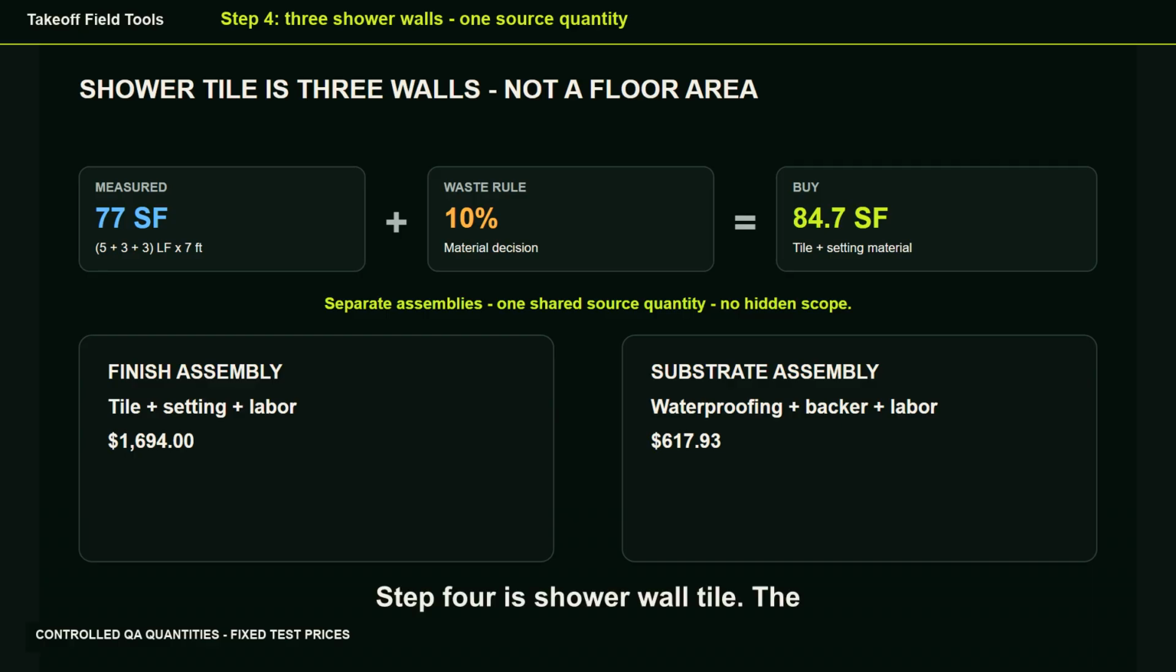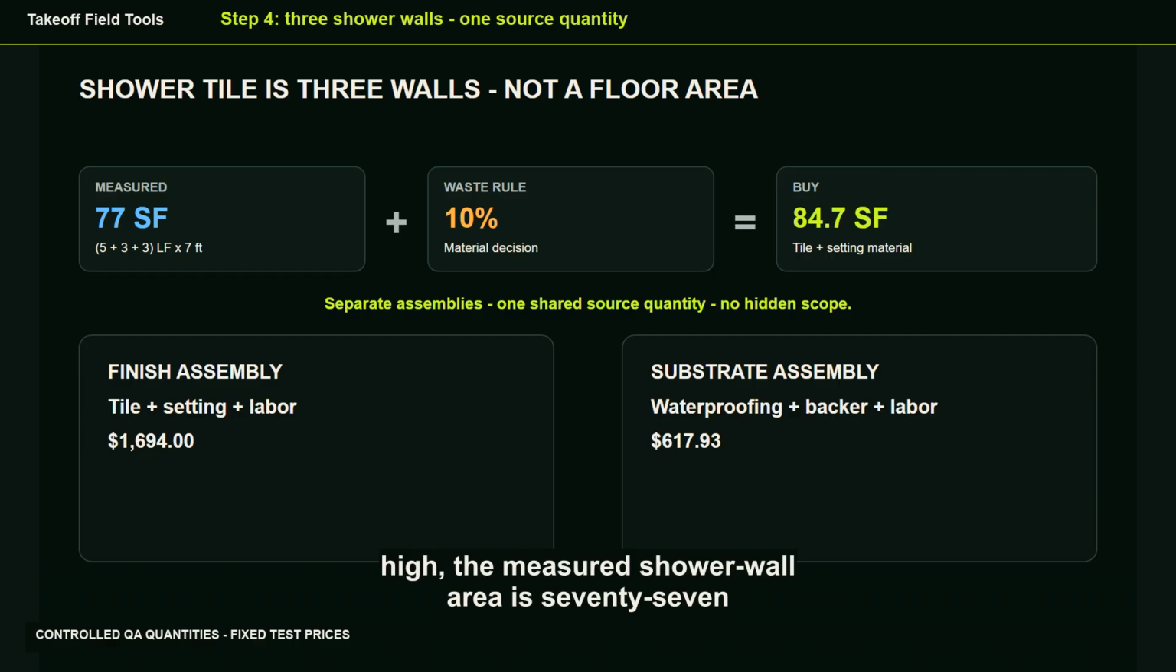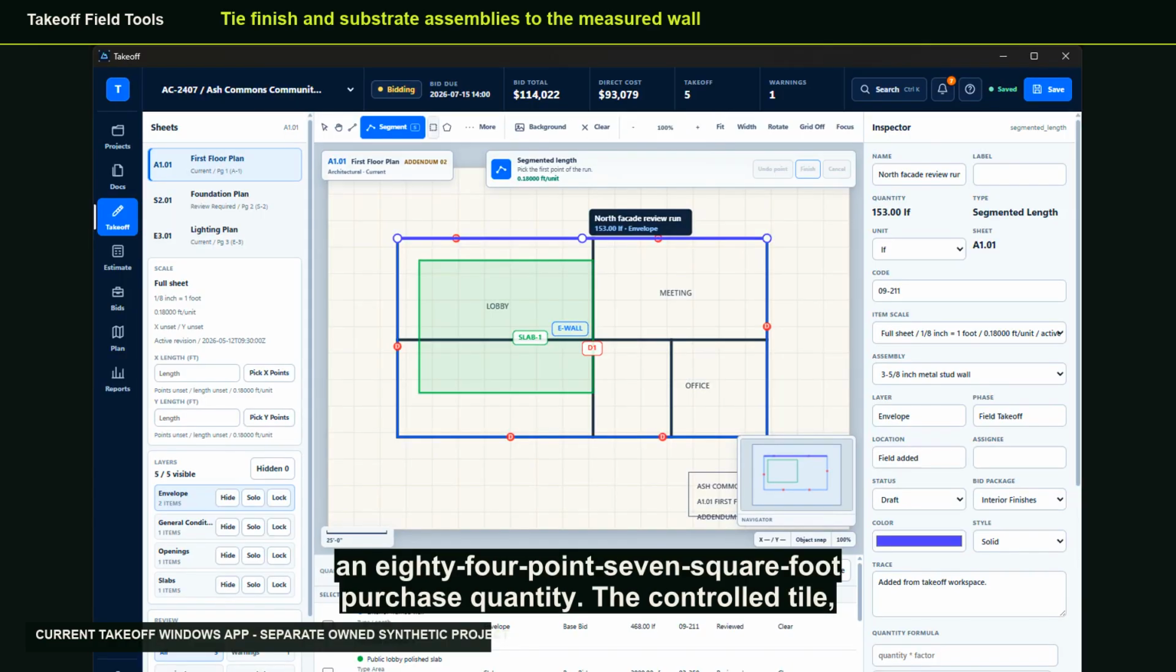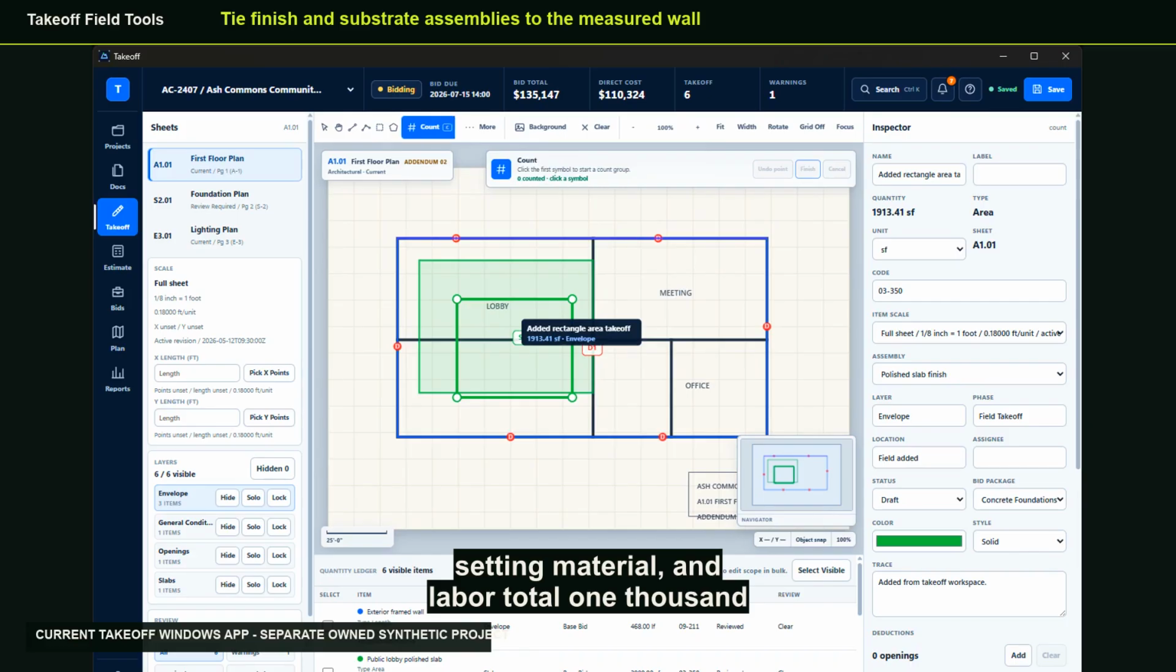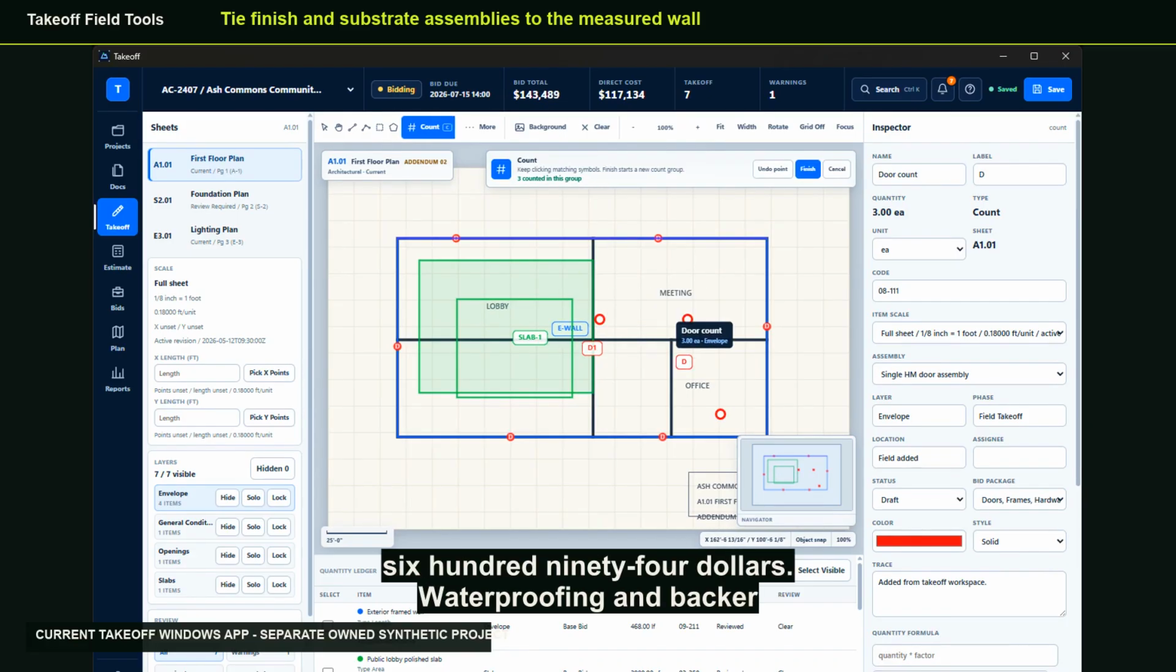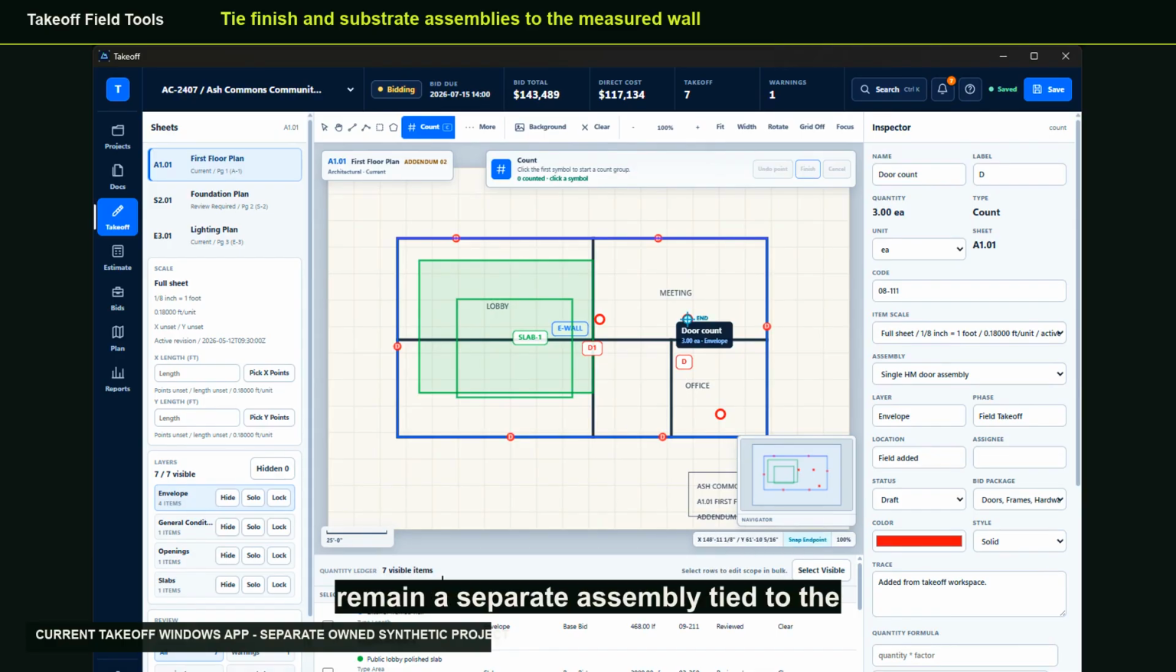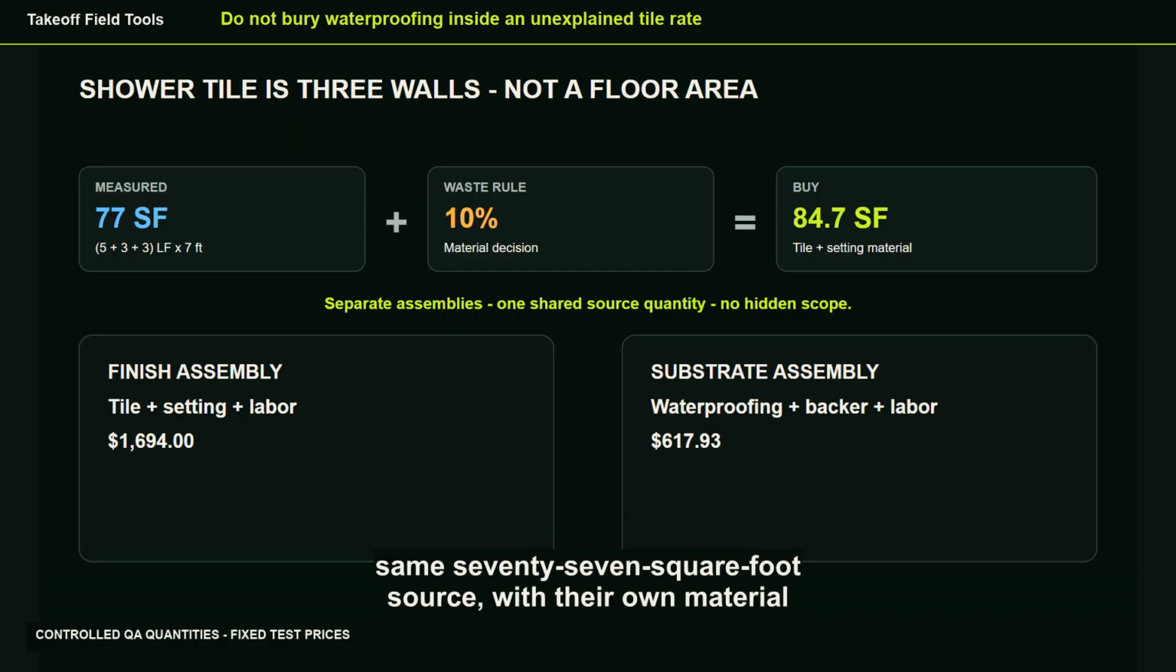Step 4 is shower wall tile. The back wall is 5 feet, and the 2 returns are 3 feet each. 5 plus 3 plus 3 gives 11 linear feet of tiled wall. At 7 feet high, the measured shower wall area is 77 square feet. 10% material waste creates an 84.7 square foot purchase quantity. The controlled tile, setting material, and labor total $1,694. Waterproofing and backer remain a separate assembly tied to the same 77 square foot source with their own material